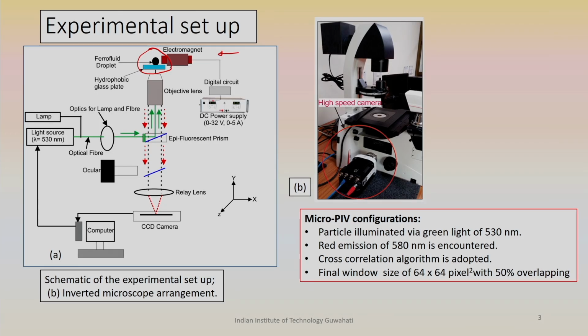Now, the droplet is a ferrofluid droplet, containing a few nanoparticles, iron particles. When the droplet is placed in front of a magnet, the particles will definitely be attracted towards the magnet. Depending upon the strength of the electromagnet, a gap is maintained so that the liquid droplet does not rush towards the electromagnet. So, we need to maintain a safe distance. Our objective is to study the internal flow dynamics, and by switching on the circuit, we can produce the magnetic field, and the moment we produce it, there will be a development of a flow